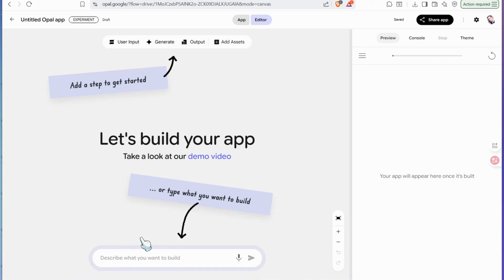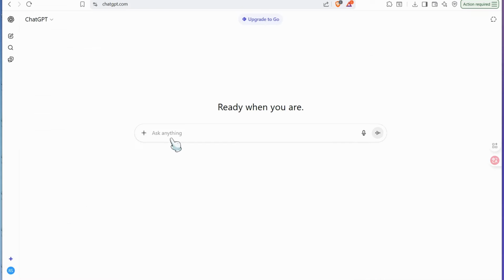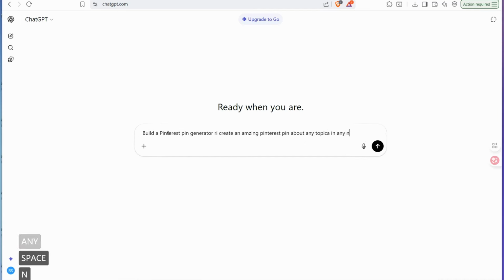So for example, I can also go to ChatGPT and just type what you want that enables you to create your own Pinterest pin to attract many scrolling eyes. So for example, just type this message and this prompt like: build a Pinterest pin generator to create an amazing Pinterest pin about any topic in any niche